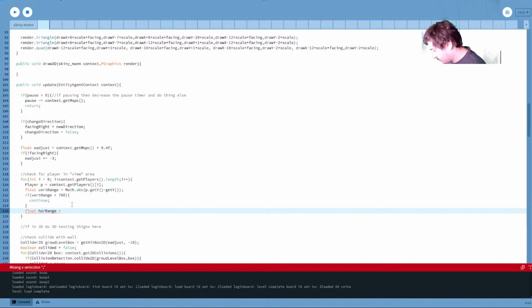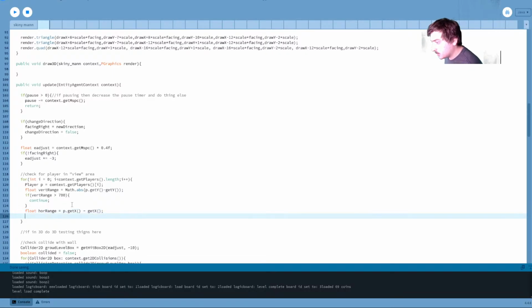Range equals, and this one we're not going to absolute value. We're going to want to say p.getX minus getX, not dash equals. So this one we explicitly do not want to completely absolute value here. First thing we'll do is check if it's within the facing direction.